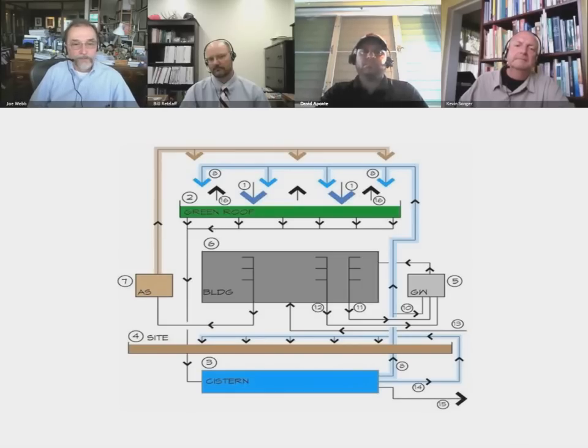That's basically how our aerobic system works. We actually irrigate the roof. Another reason for us doing green roofs, and this is back to the heat part of the equation, is we did some calculations and have now realized that we can decrease the air conditioning capacity or need for capacity on the building by a significant amount